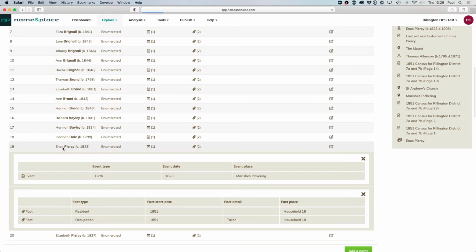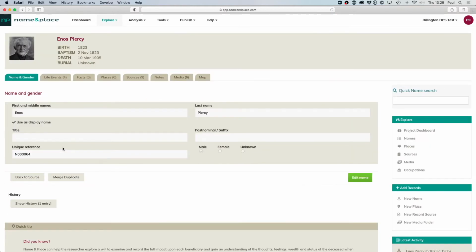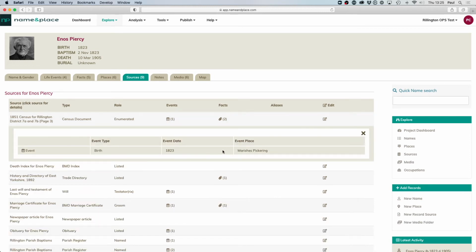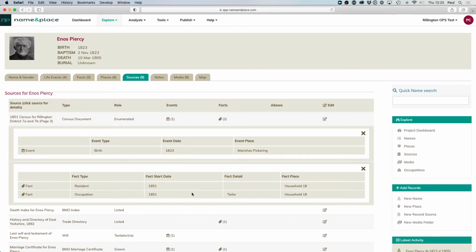So in the case of Enos, if we have a look at his name record and we look at the sources which are associated with him, you can see that the 1851 census is there, and the reasons why are the event, the birth, and those facts. So you're viewing this information both from the source or from the individual or the place.